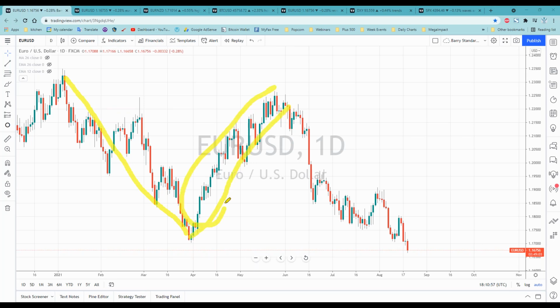This is the type of uptrend that we could have successfully traded in. It's well developed, it's well qualified. And we'll talk about the quality of a trend shortly. But now we can see that we have moved back into that downtrend. Fact is, this is an extremely low price for the euro US dollar.